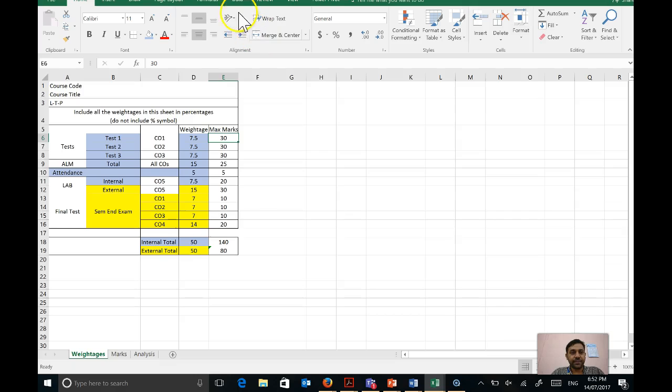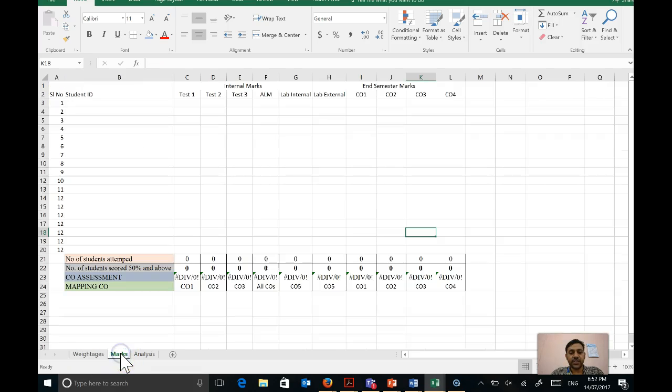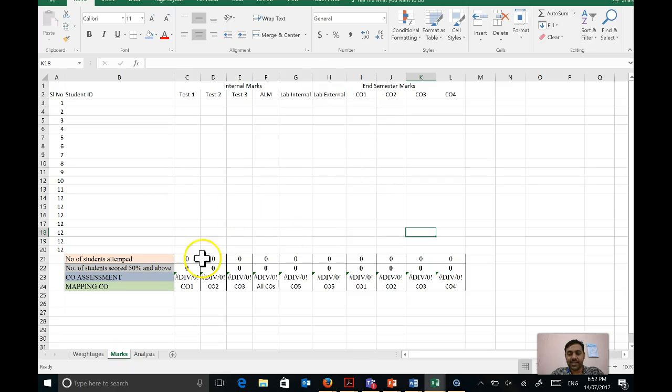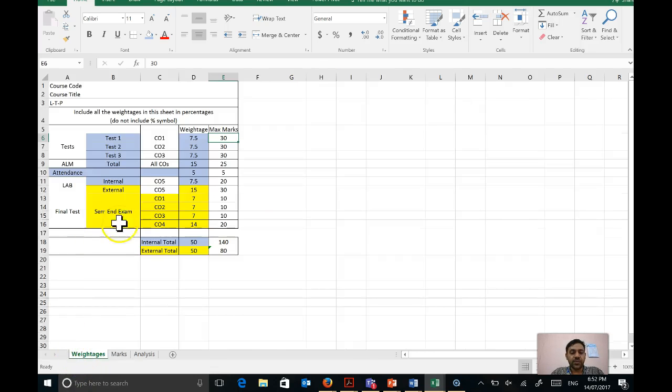This Excel sheet has 3 sheets in it. One is for the weightages, the other is for the marks, and the other is for the analysis. When you're given this sheet, you'll notice a lot of division by zero errors everywhere. That's because we haven't filled in any marks as of now. The first sheet you need to start with is the sheet with weightages. So start entering your course code,